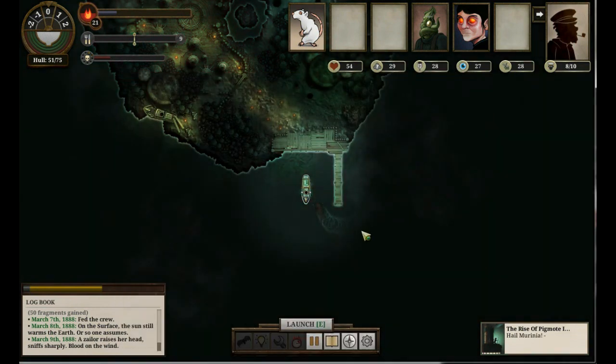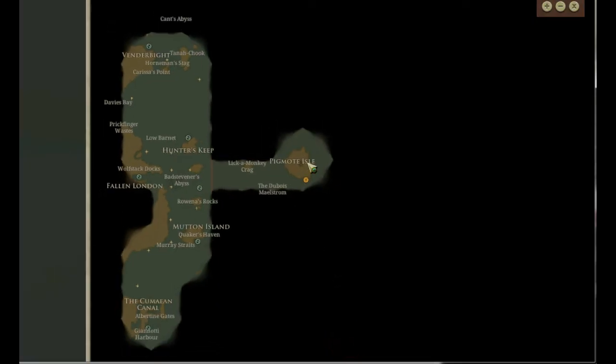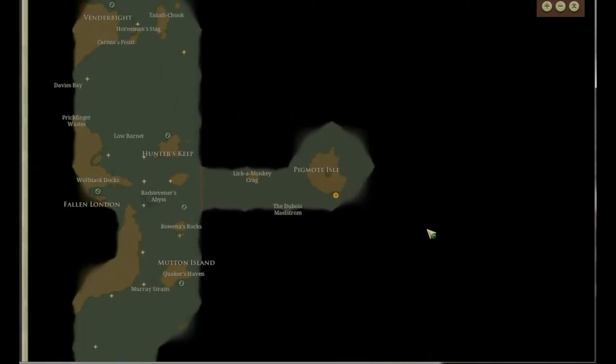We have basically forged a new nation here. Let's have a quick look at the chart then. So, we could head back and...